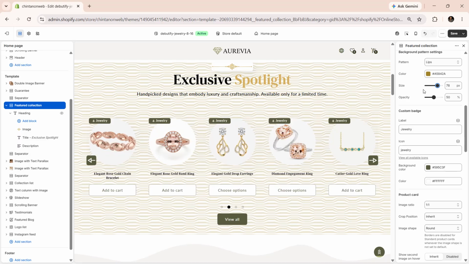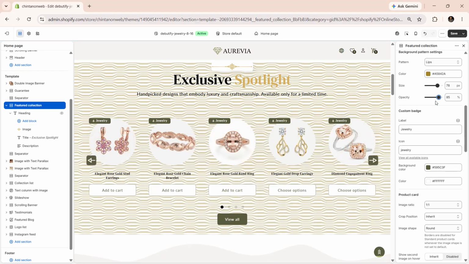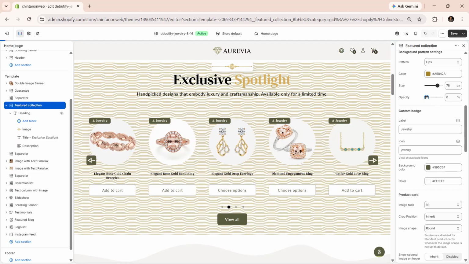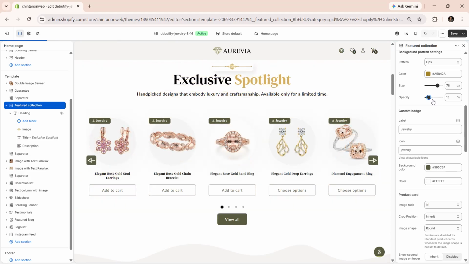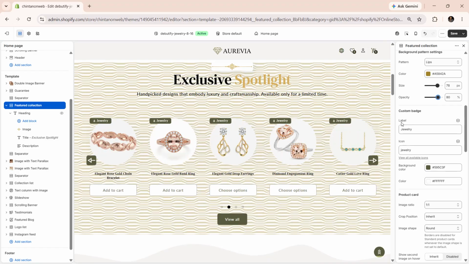eye-catching visuals. You can also fine-tune the opacity, with values ranging from 1% to 100%, to control the transparency of the pattern. Lower opacity creates a soft, subtle background effect, while higher opacity makes the pattern more prominent and visually striking. You can also enhance your product highlights by adding a custom badge label, which allows you to display short,